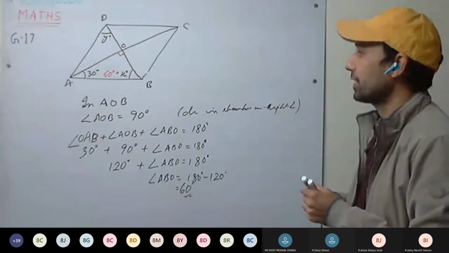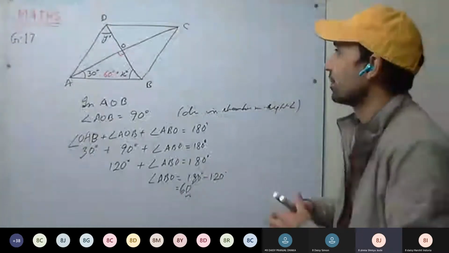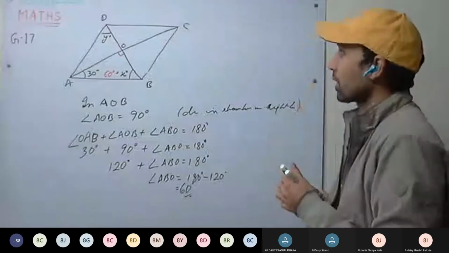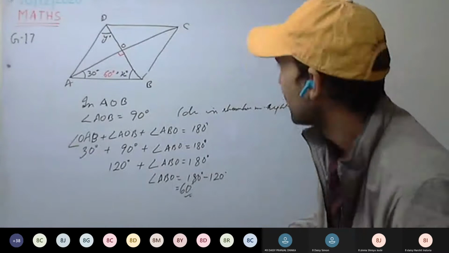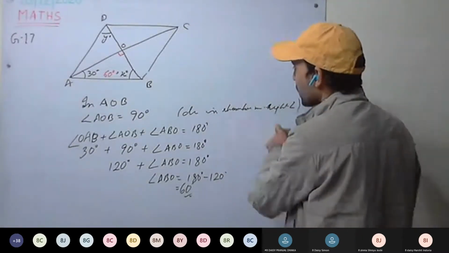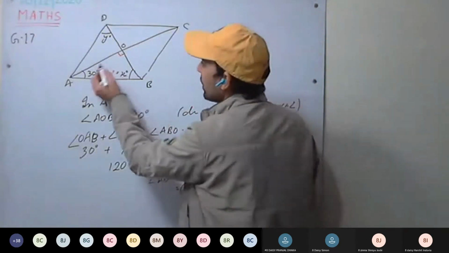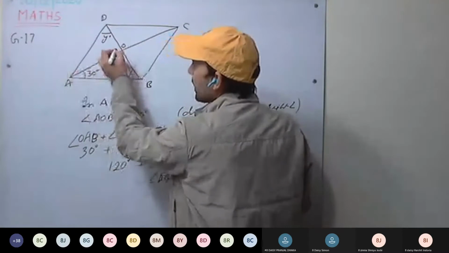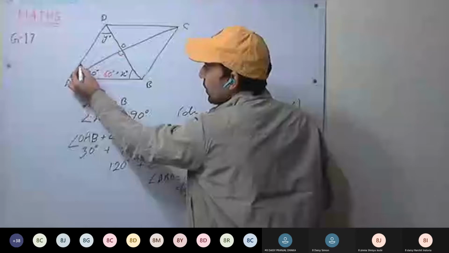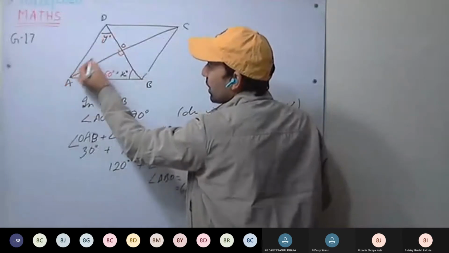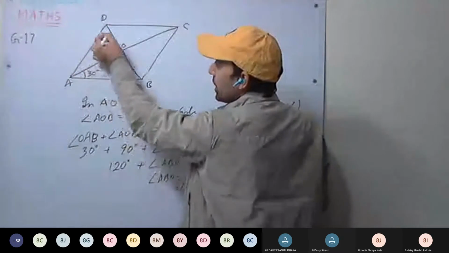How can we calculate y degree? Angle AOD equals 90 degrees. Angle AOB, that way also you can do it. There is one more thing to see here. Two properties we can have. See here, there is one way. This is 30 degrees. This is 90, you can calculate, 60 degrees. That's one way. This is 90, this will be 30 degrees because diagonals bisect the angle. So this will be 60 degrees. 90 plus 30 is 120. 180 minus 120 is 60 degrees.